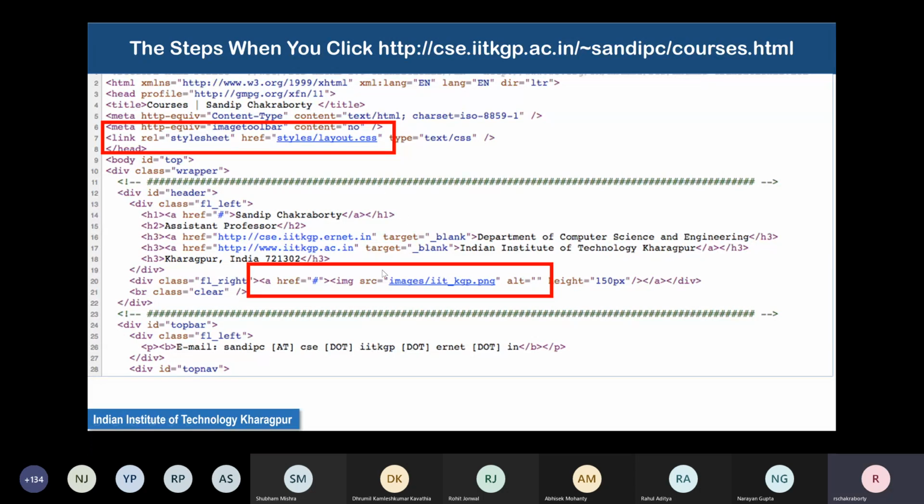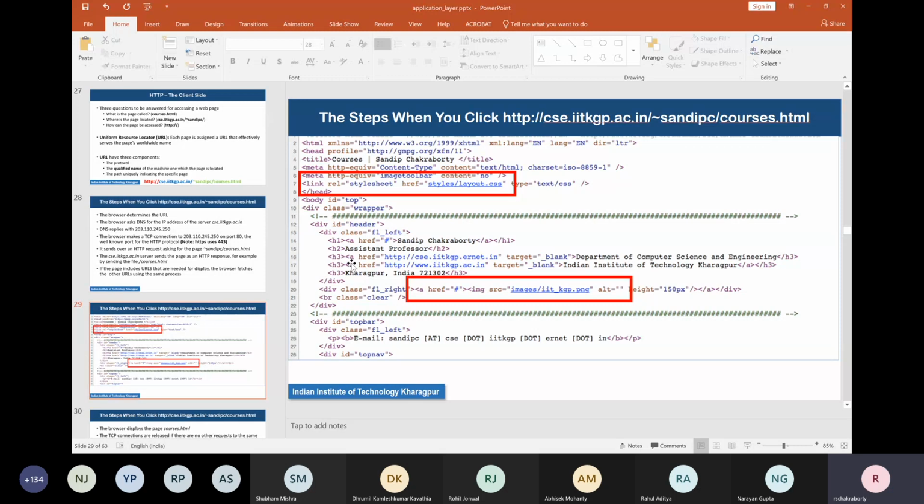However, you can click on this link separately and open another tab in the browser, or in the same browser tab that you were using, you can just click on this iitkgp.ac.in link and it will open. So we can just actually have a look. Let's see if it works.